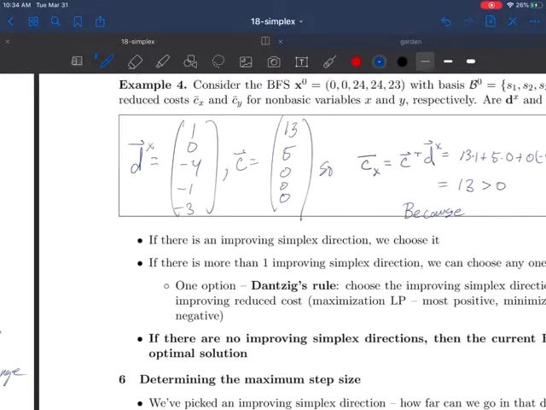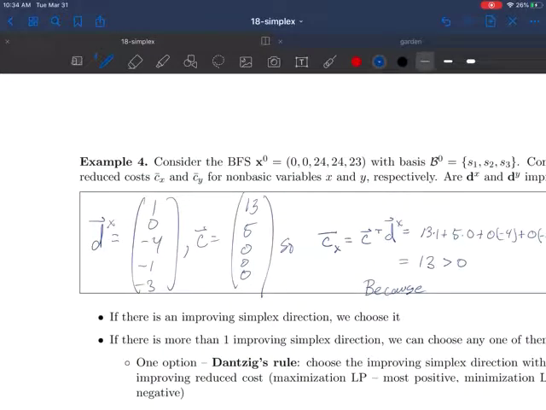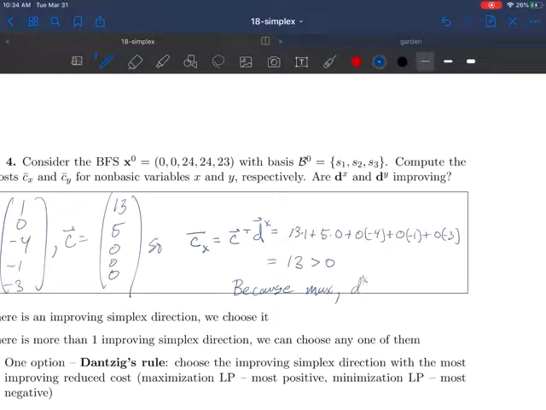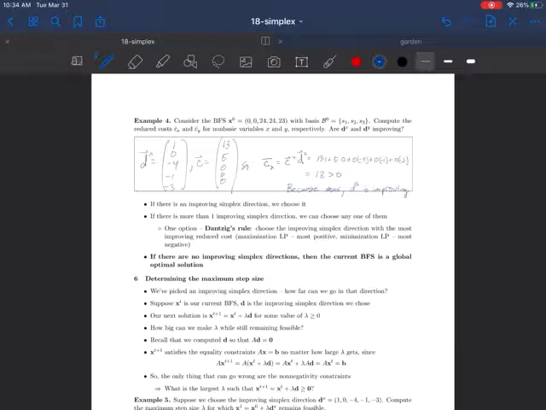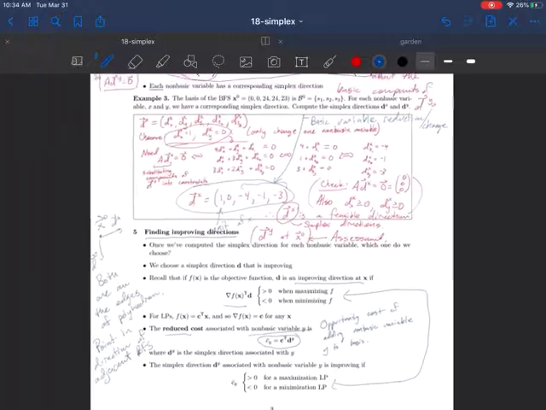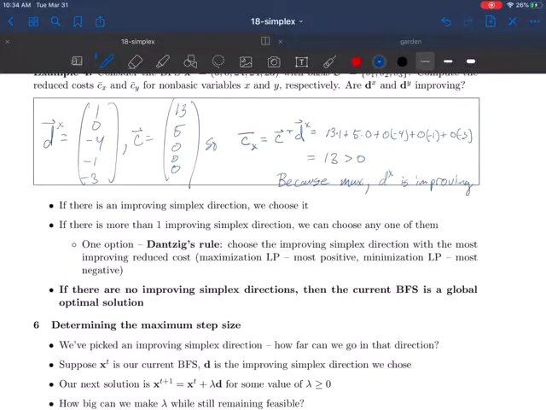And so, because the problem, let's see, were we minimizing or maximizing? We were maximizing. So because we are maximizing, this is improving. You can see again, this condition is satisfied. I'm going to stop there, and for your assessment, you please compute